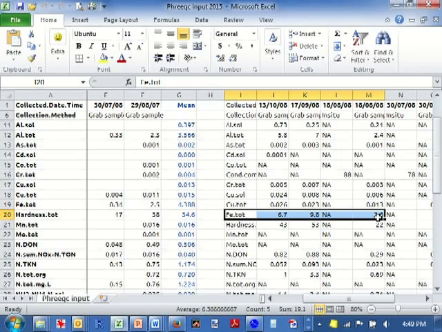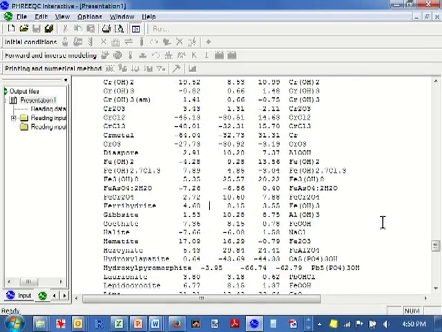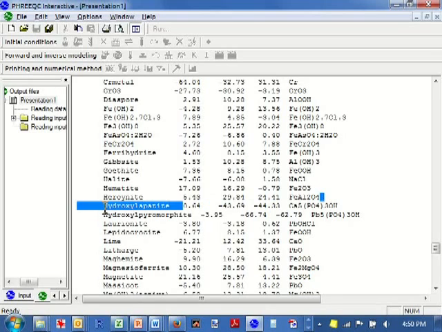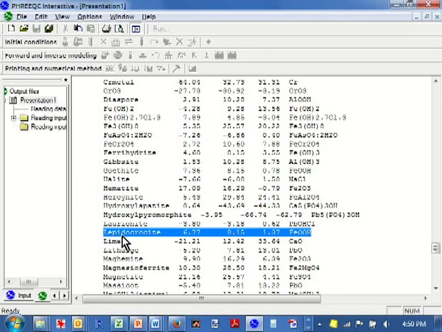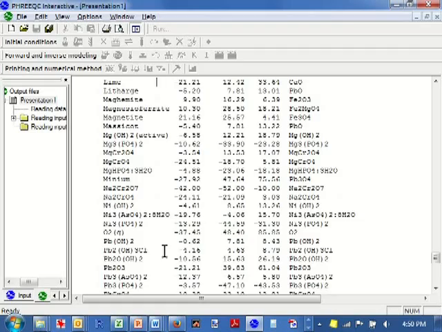Obviously iron in solution is not measurable if we look back at the original database, so we might need to do something about that. We can have a look at that in a minute. So again, another iron mineral, goethite, appears to be oversaturated, hematite as well, hercynite, a mixed iron aluminium oxide. So again, and another one here. So look, if you go through, and if there are any others,